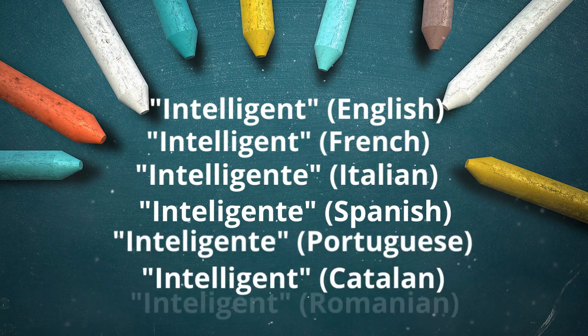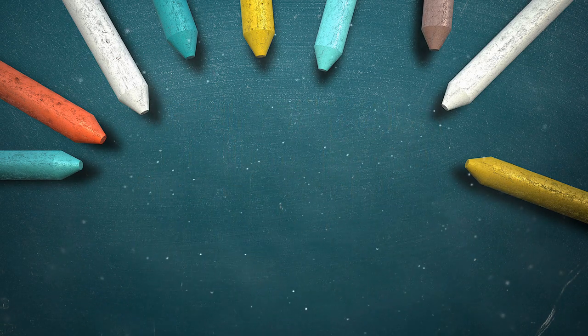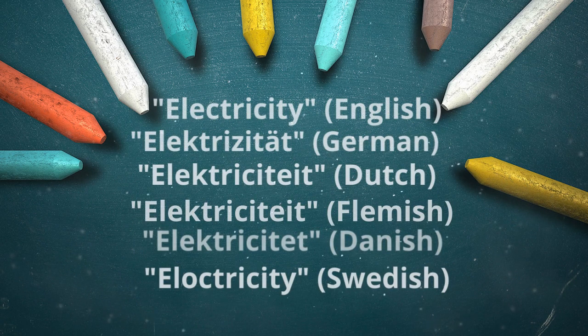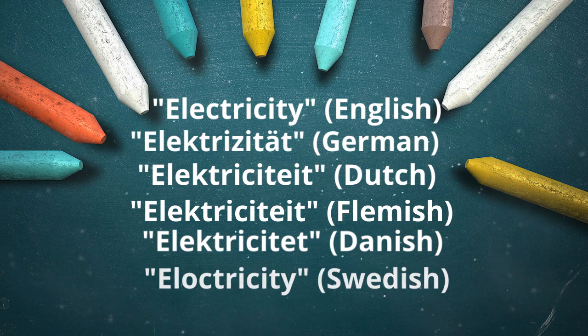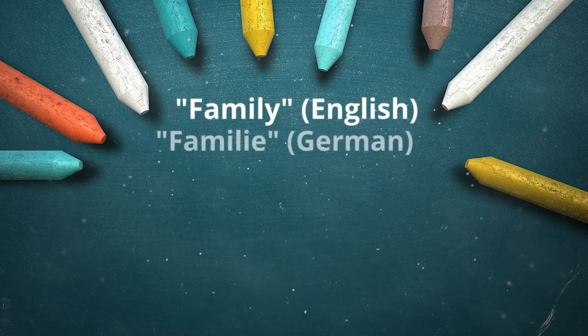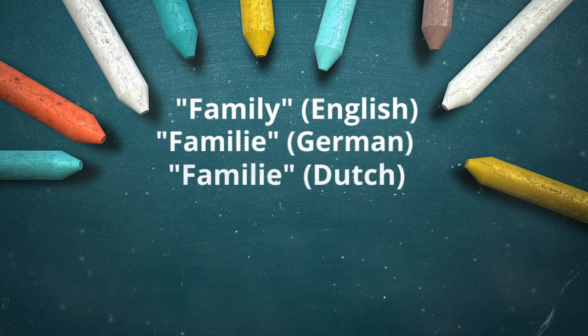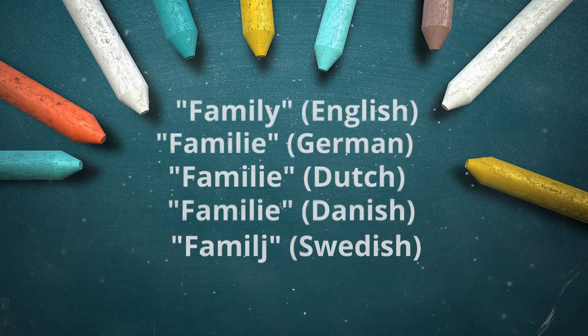Here are some examples of cognates English shares with German, Dutch, Flemish, Danish, and Swedish, which are Germanic languages. Family, familia, family. In some cases, words may look or sound alike, but will not mean the same thing